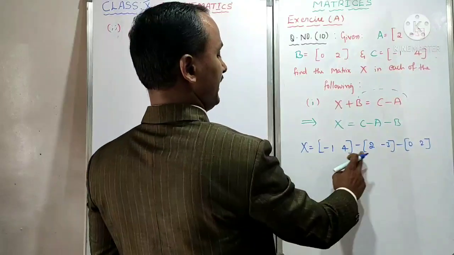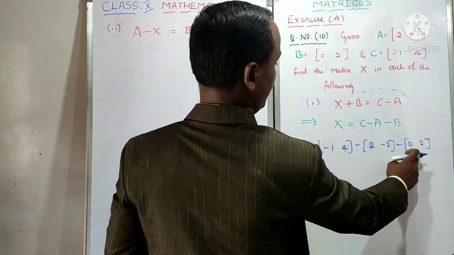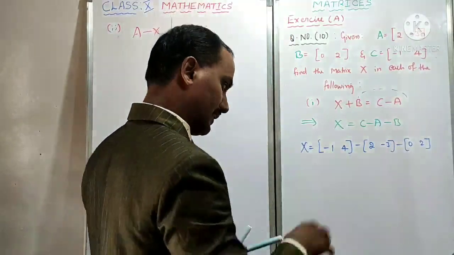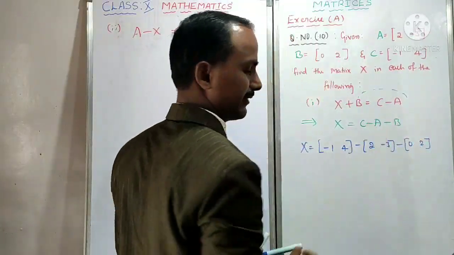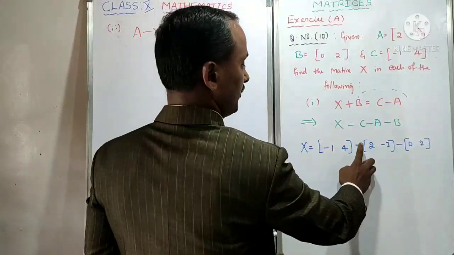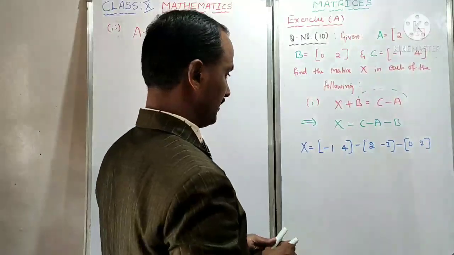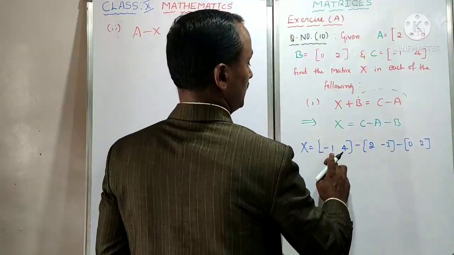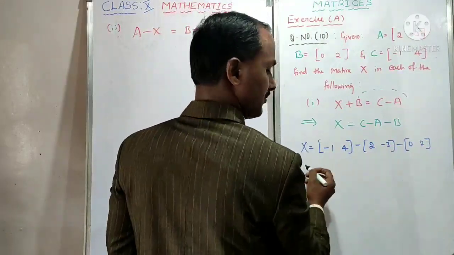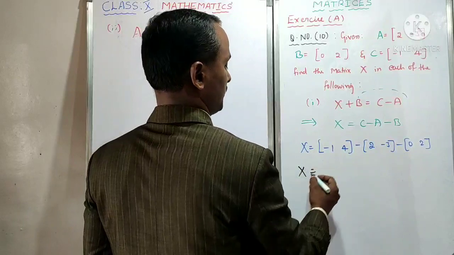Here this matrix has a minus between, this matrix has a minus between. This matrix is having positive sign, this matrix negative sign, this matrix negative sign. All the elements of this matrix could be multiplied by minus, yes, it is possible. I will show how to do it, easy steps. I will not go to subtraction of this one; next I will do this subtraction. I don't want confusion. X is equal to.